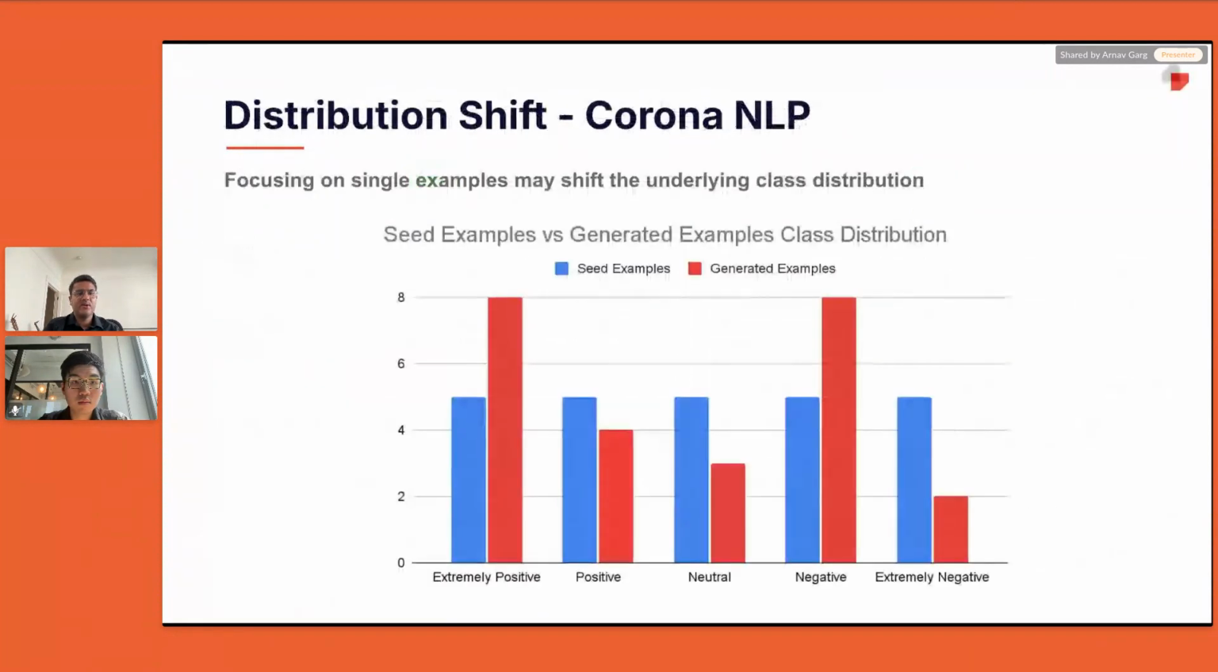The second thing that I want to show you is this idea of data distribution shift, and it's particularly important in classification-style tasks that you might want to fine-tune for. As an example, we took a 25-row seed dataset for the Corona NLP dataset, which, if you remember, is a multi-class classification dataset with 5 classes. In the seed dataset, we ensured equal representation for each of the 5 classes. However, when we took the seed examples and asked it to generate 25 new synthetic examples, we noticed that